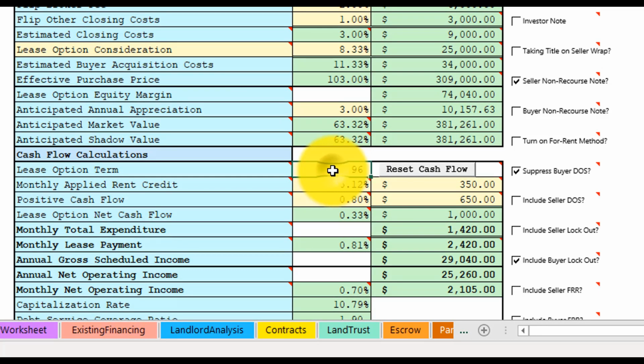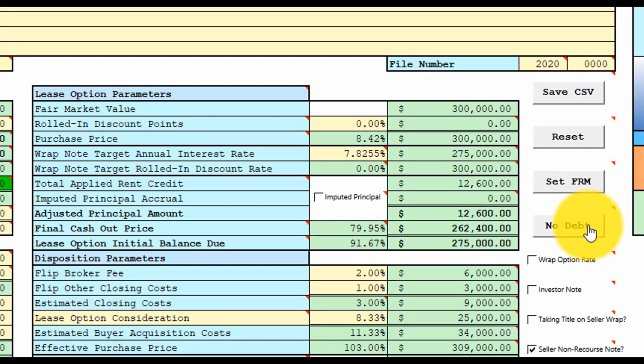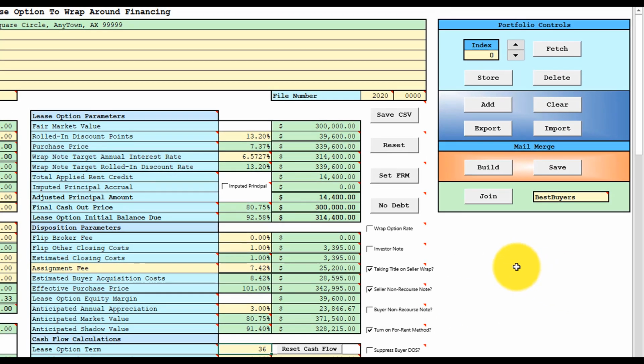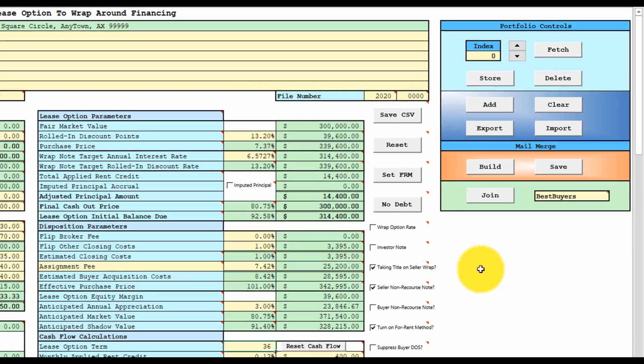Down here in the lease option term, we'll use 36 months. And then we'll click No Debt, because we don't care about the debt. Click Set FRM, which is for rent method parameters. And now the spreadsheet is set up with the financial parameters.